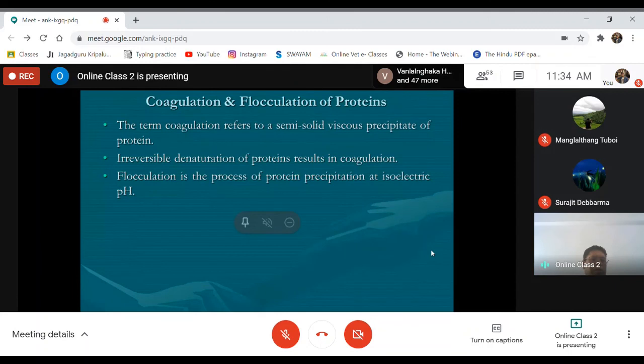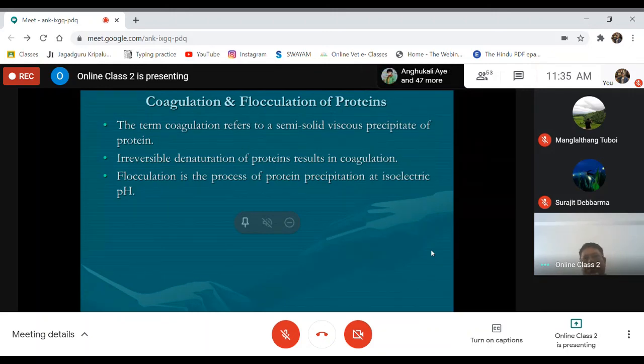They will not be soluble, but will be precipitated out. The example is the formation of what we call flocculum. In milk, the protein casein is present. We can adjust the pH of the milk to 4.6, which is the isoelectric pH of casein. So when we adjust the pH of the milk to 4.6, then the protein casein will be precipitated out from